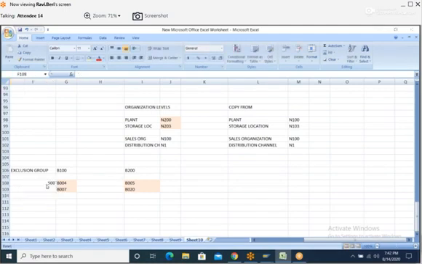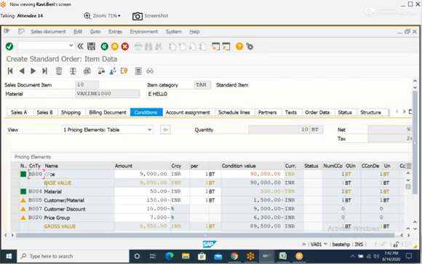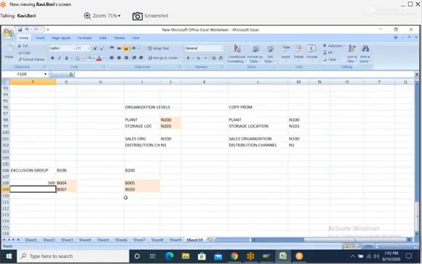Sir, here in maintain groups we have divided between quantity based and percentage based, sir. Yes, yes. So this scenario, I am doing this scenario, not common discount. So B004, B007 is 9,000. And total it is 9,500.